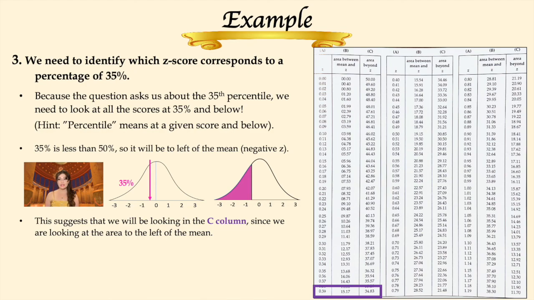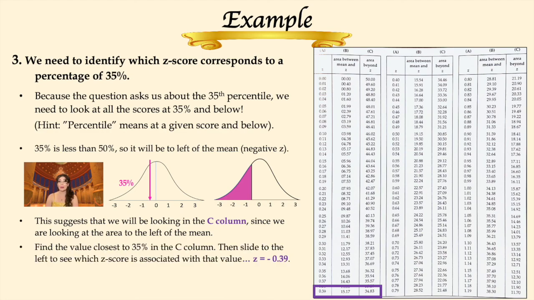So by looking in the C column, we're going to try to find the number closest to 35%. You will notice that sometimes the exact percentage you're trying to find doesn't exist in the normal curve table. There may be decimals that will bring you close to your desired value. So our desired value to locate is 35%. We can see the score that most closely resembles 35% is 34.83. If you slide your finger to the left to see the z-score that corresponds with this percentage, you will see that the z-score is